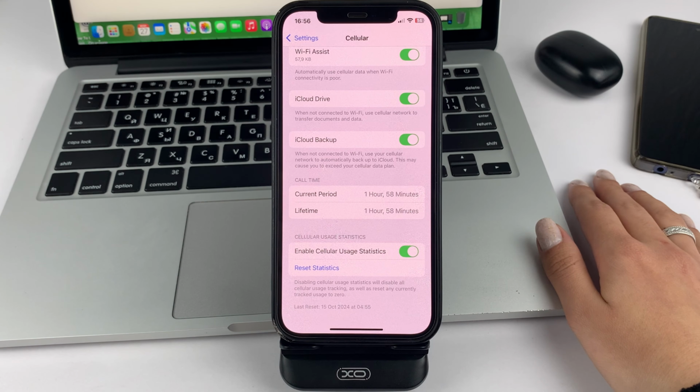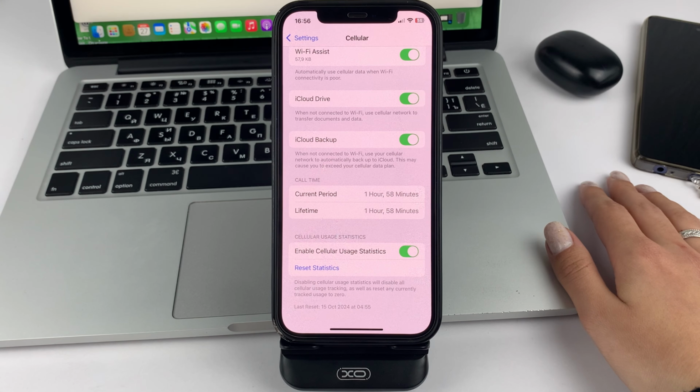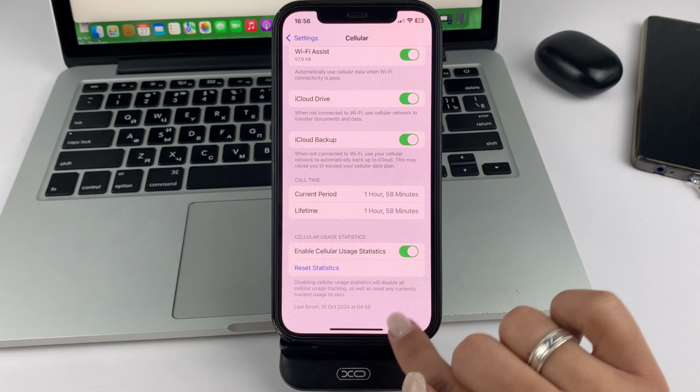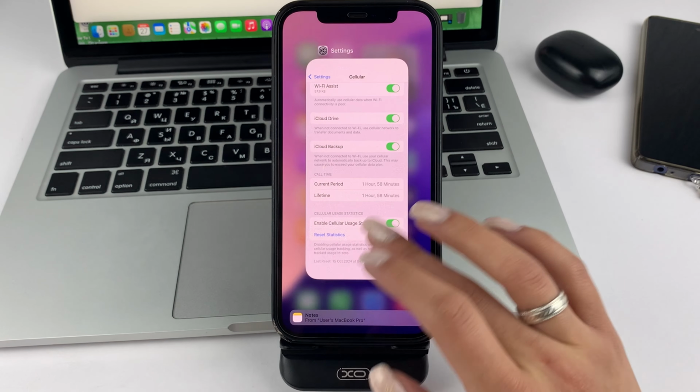If after you activated your iPhone, or maybe you bought it not new or someone gave it to you as a gift, then 100% your iPhone was reset before you used it. And it will say here the last date you reset your iPhone to factory settings. This, friends, is the method you can use to check the activation date on your iPhone.